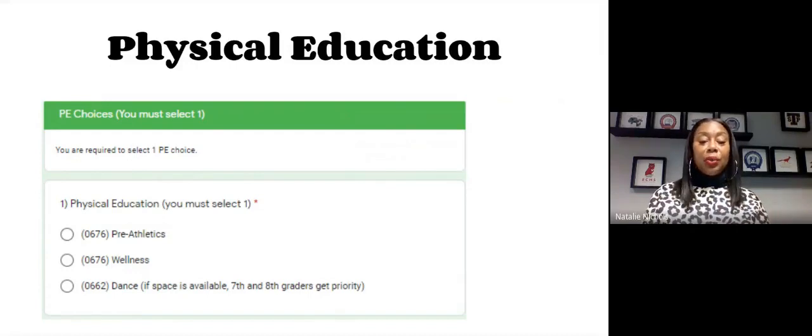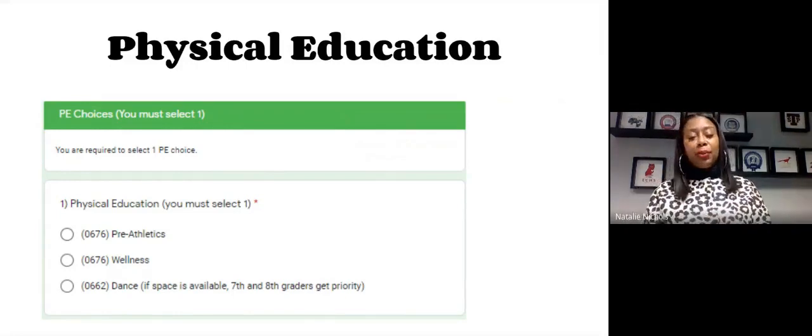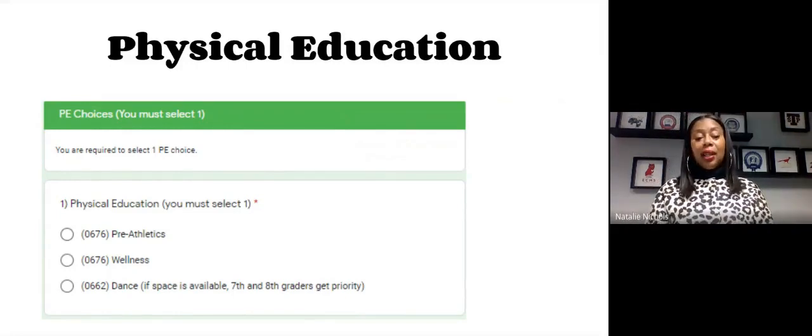So your student will have between those 3 choices. One of the things to know is, unlike elementary school, there are always choices that your students will have to make in regards to classes. But because there are limited spaces in those classes, it's not a foregone conclusion that your student will be able to get a spot in that class.